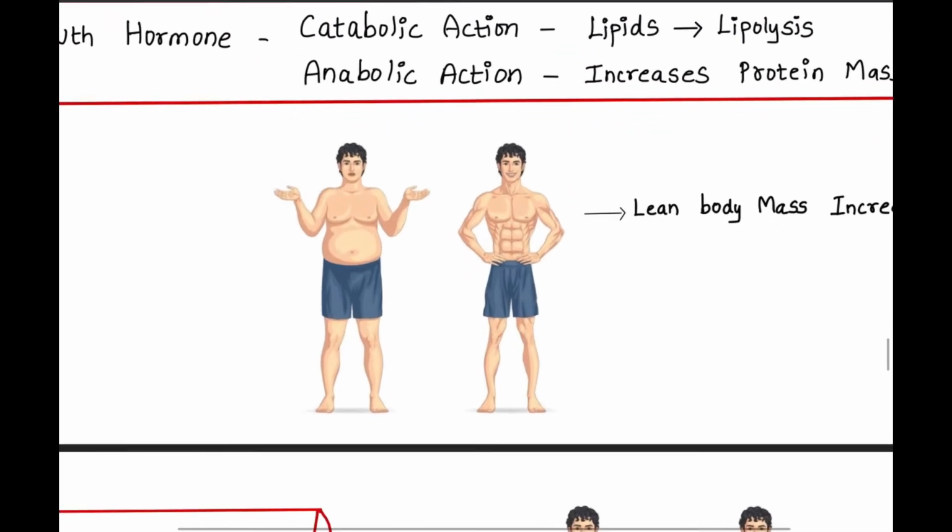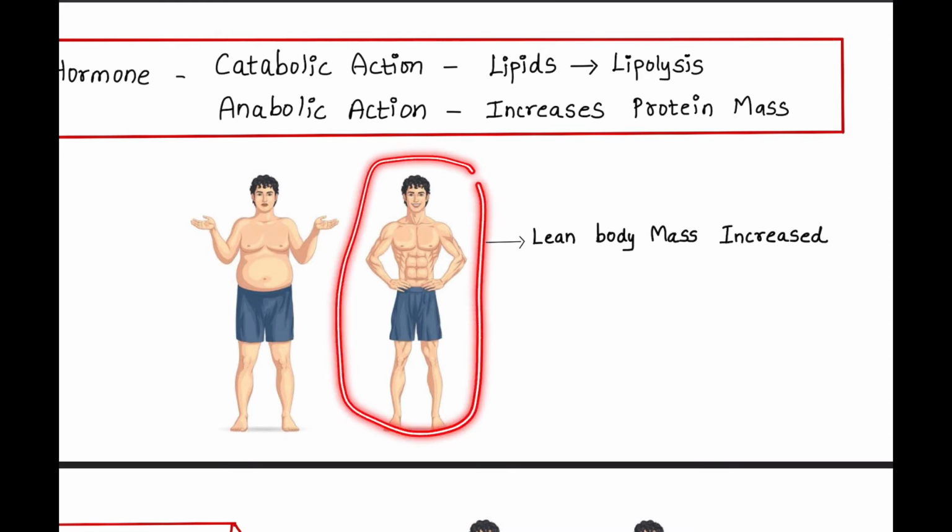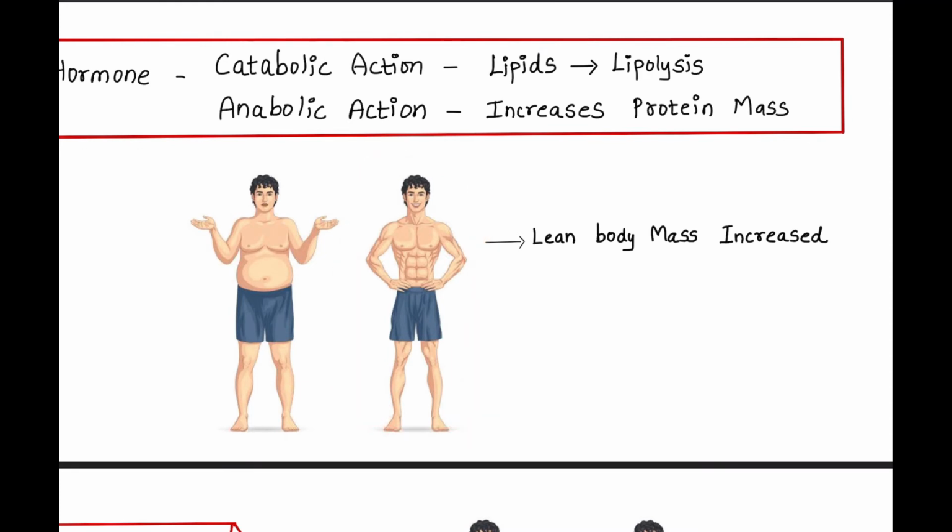So here, for example, you take this person. If there is an increase in growth hormone, through the catabolic action it will burn all the extra fat lipids through lipolysis, and it will increase the protein mass. Basically, in common words, we can say there is an increase in the muscles of this person. This is what they call lean body mass,